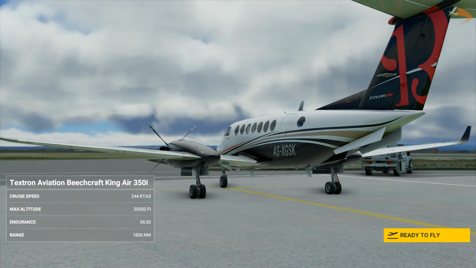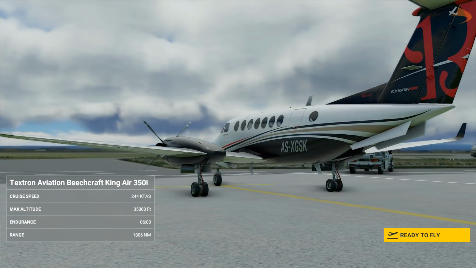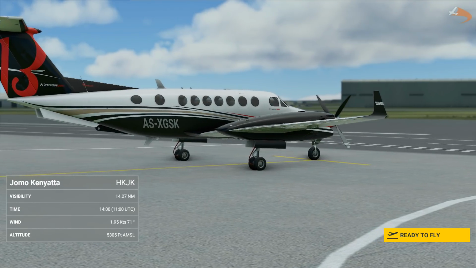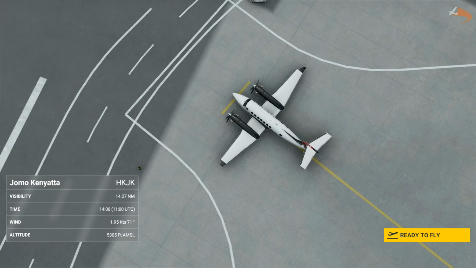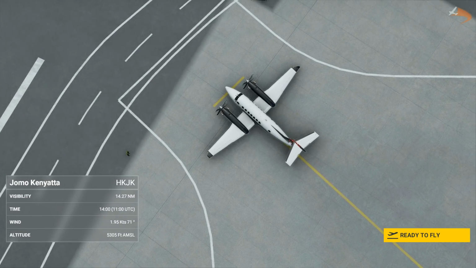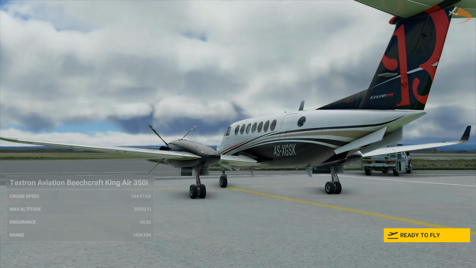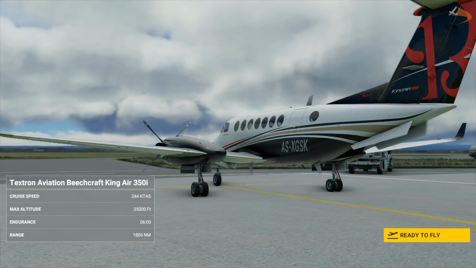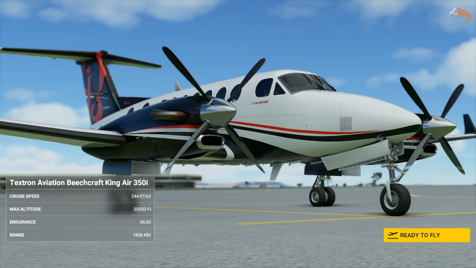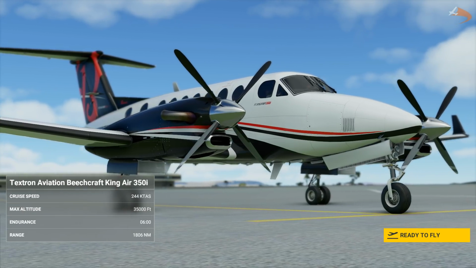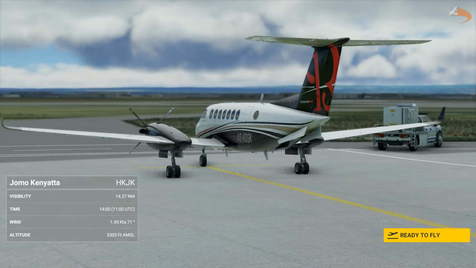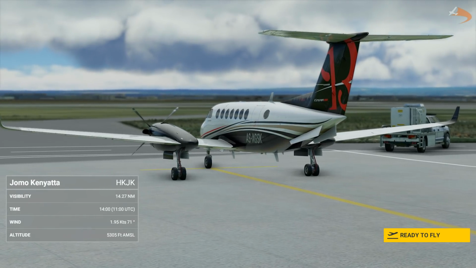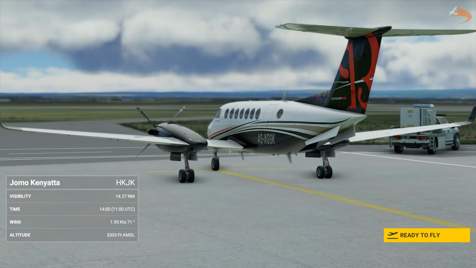Today, we take flights in the Beechcraft King Air 350, and we take on a flight from Jomo Kenyatta in Nairobi to Entebbe in Kampala. One region I've had a lot of requests for is to fly in and around the African continent, and therefore I thought I'd find two airports that are relatively popular both on a regional and international scale, and fly between them both. So, Jomo Kenyatta in Nairobi and Entebbe in Kampala both fit the bill just perfect in terms